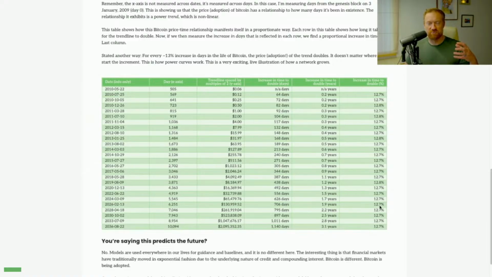That is a 12.7% increase in the days of the cycle, the days of the network. Bitcoin's price doubles. Bitcoin's adoption doubles. That's how to interpret, brass tacks, what power curve growth means. It's proportional. And I think it's important for education to show it this way,